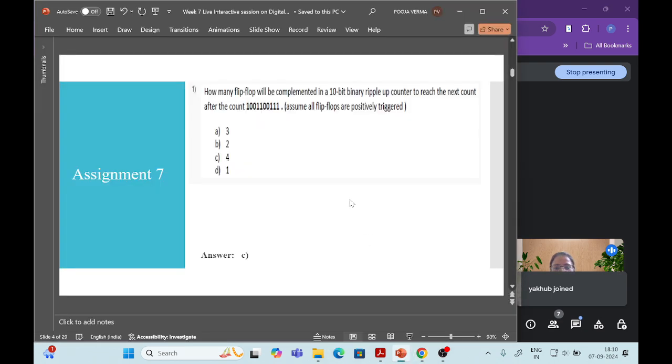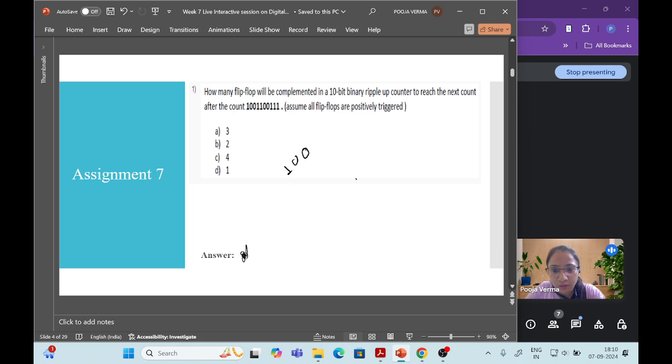The first question is: how many flip flops will be complemented in a 10-bit binary ripple up counter to reach the next count after the count 1 0 0 1 1 1 0 0 1 1 1? Assume all flip flops are positively triggered. Any guesses? Don't look at the answer. So the present count is